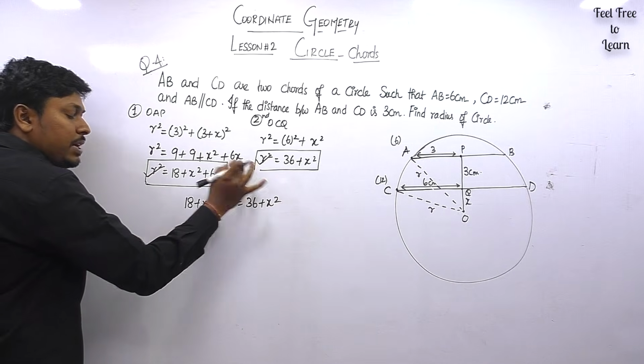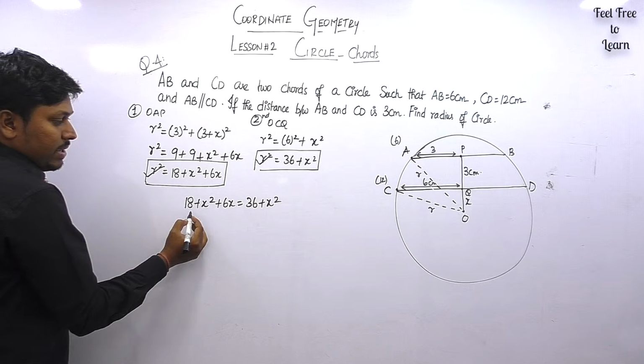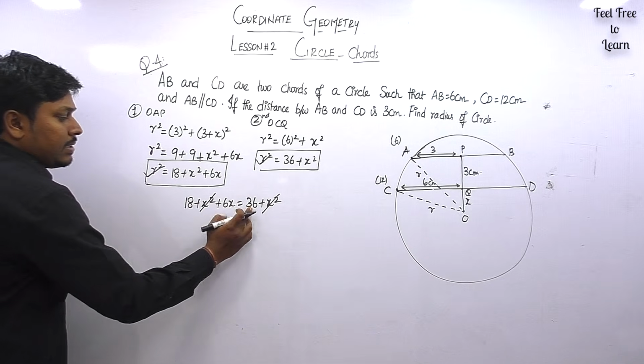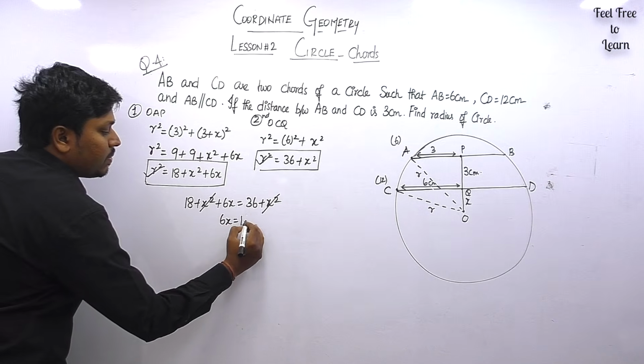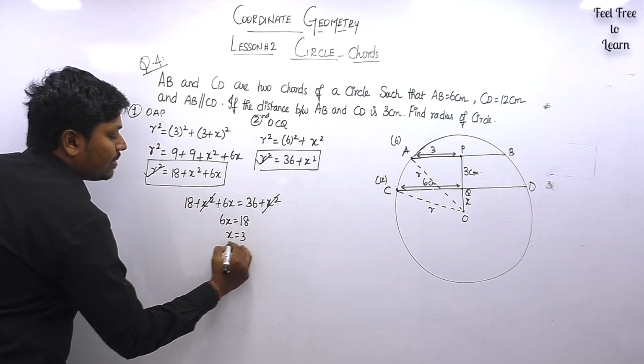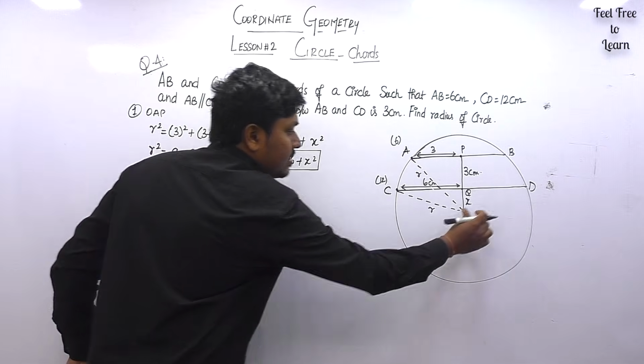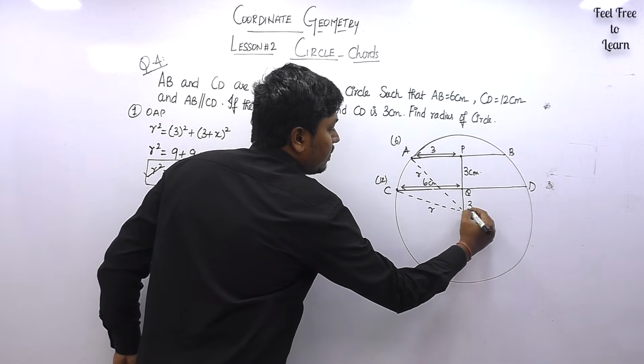I'm just going to equate both the equations. So here we can cancel X square and X square. So 18 and 36 will be 6X is equal to 18. So X is equal to 3. So finally we found the value of X is equal to 3, which is O to Q we have found